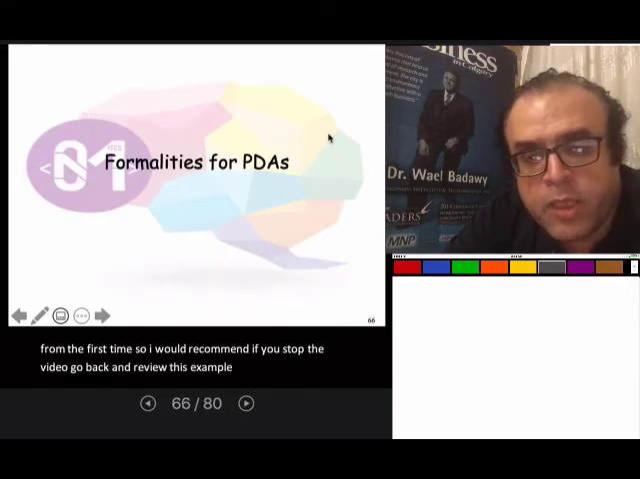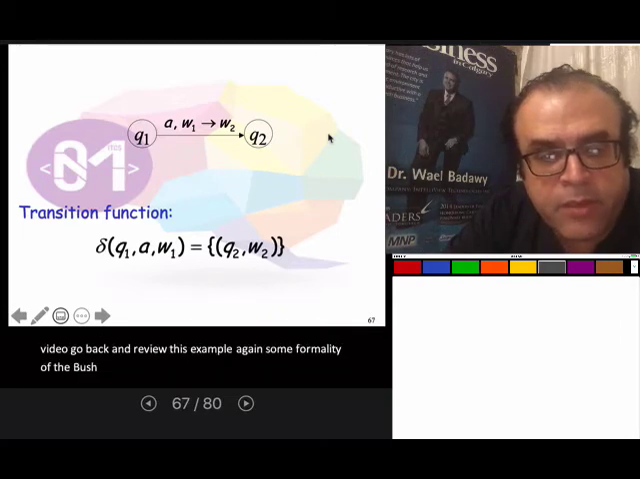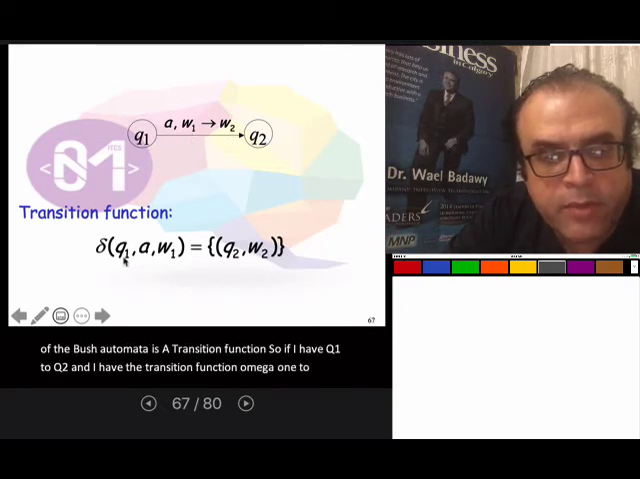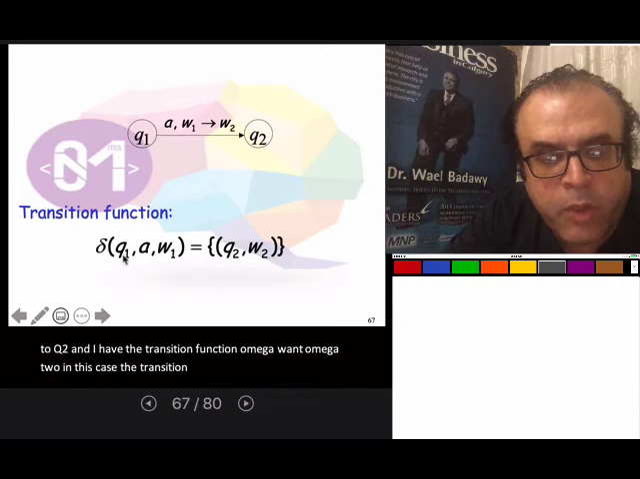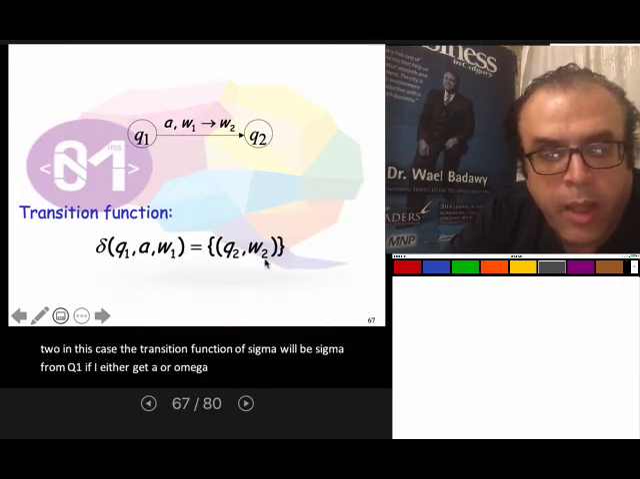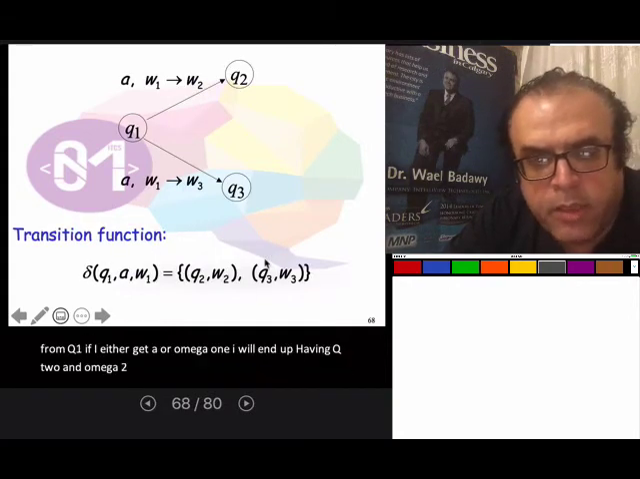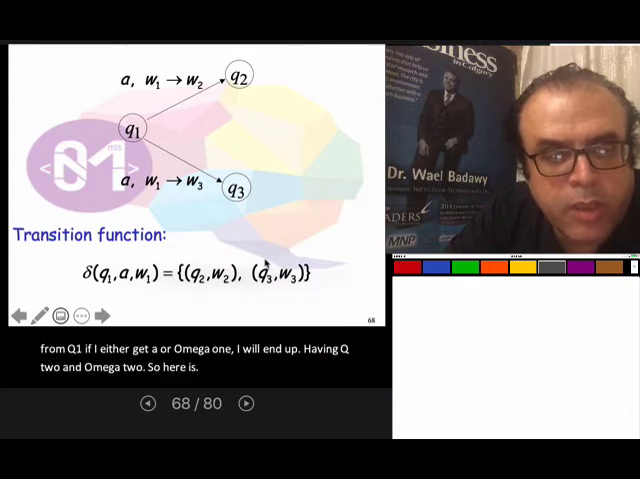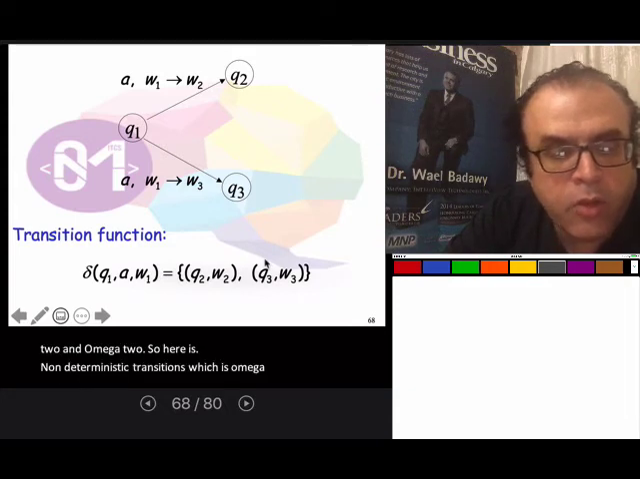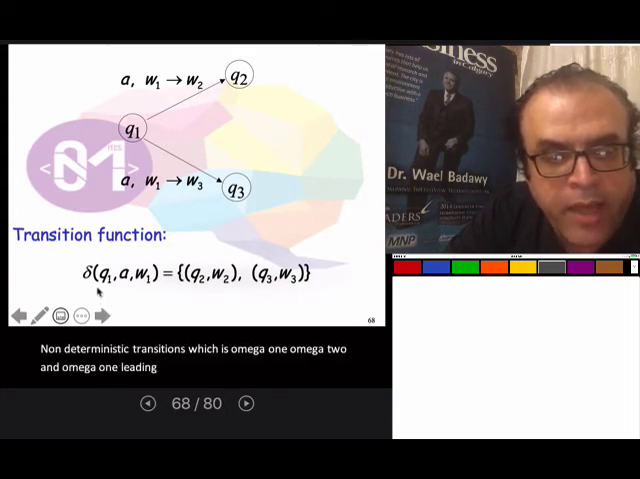Some formality of the pushdown automata is the transition function. So if I have Q1 to Q2 and I have the transition function omega 1 to omega 2, in this case the transition function of sigma will be sigma from Q1. If I get either A or omega 1, I will end up having Q2 and omega 2. So here is non-deterministic transitions, which is omega 1, omega 2, and omega 1 leading to omega 3. So if I have the transition function q1 a1 omega, it will end up being q2 omega 2